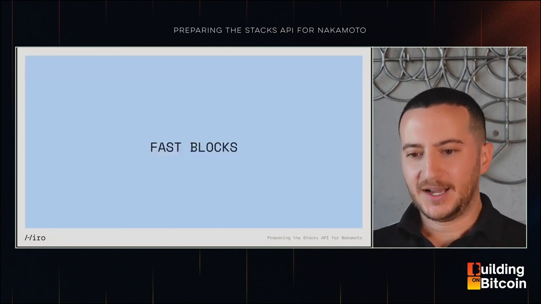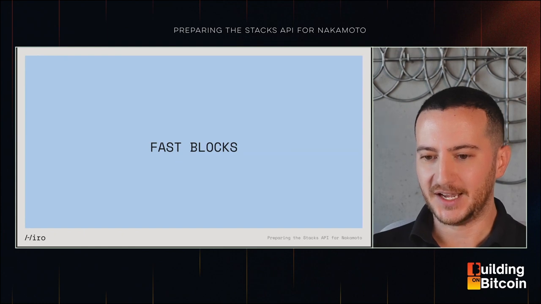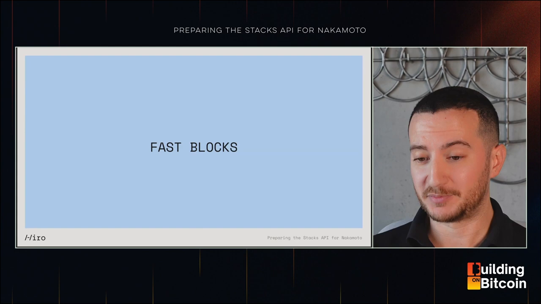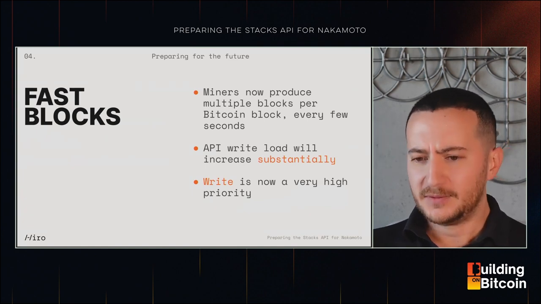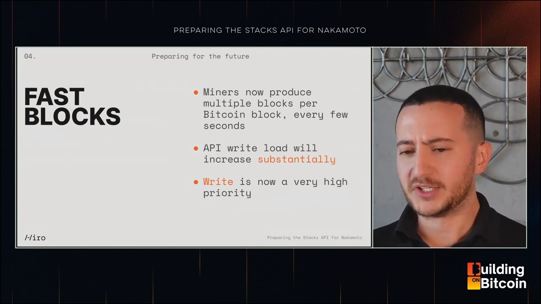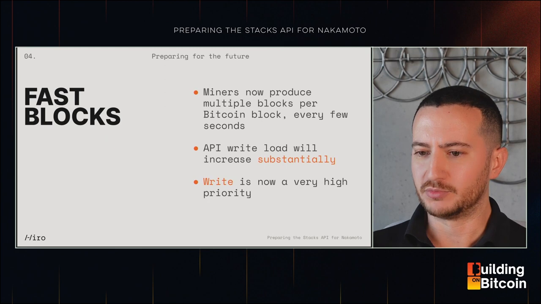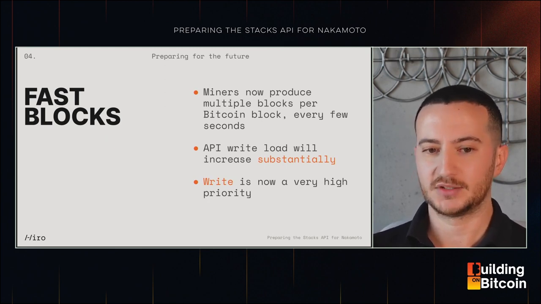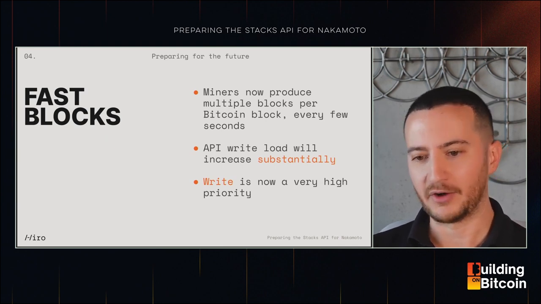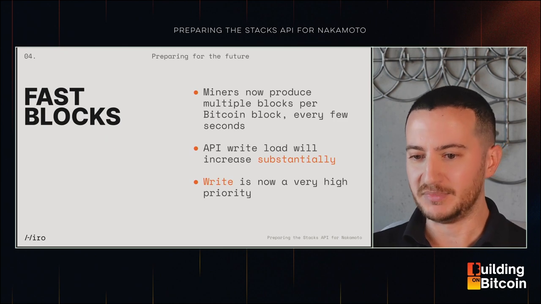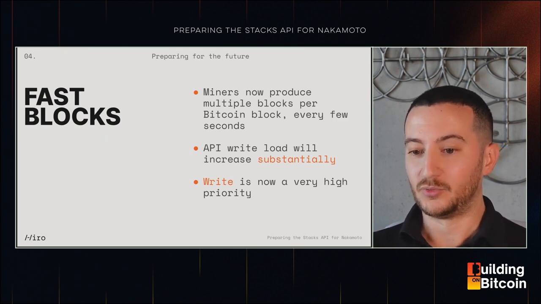But next, fast blocks. So this is, I believe, where I spent most of my time personally working during these past few months. So what does it mean? As I mentioned a couple minutes ago, miners now produce multiple Stacks blocks per Bitcoin block. One Stacks block happens every few seconds, so they come very quickly, which obviously means that the API write load